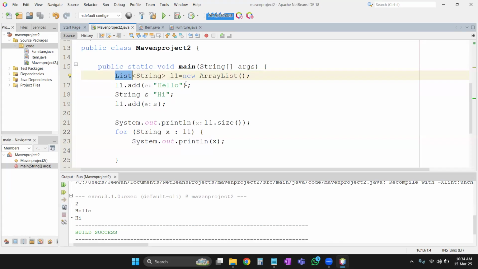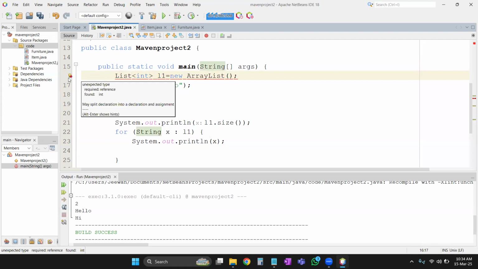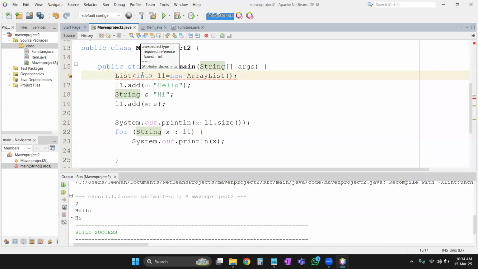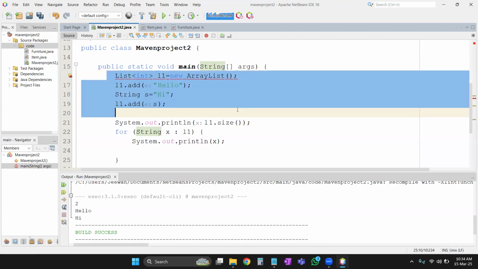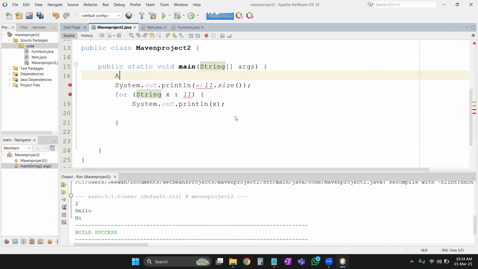And right now, can you use the array list for the primitive data types? String is a reference, right? Let's say whether I can work with the primitive data type. Now you can see I can't. It says required reference, found int. Therefore, remember, array list won't work with the primitive data types. You can declare an array list like this as well: ArrayList and the type of values. Let's say if I say int, which is the primitive data type,